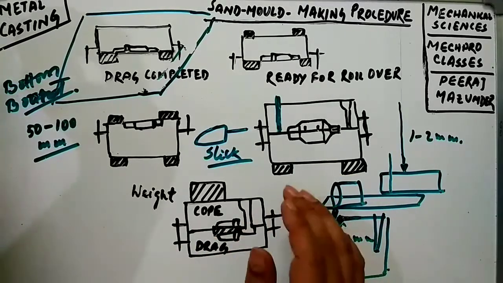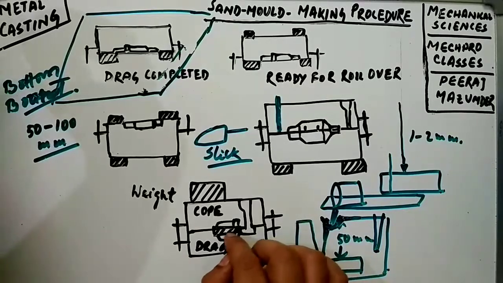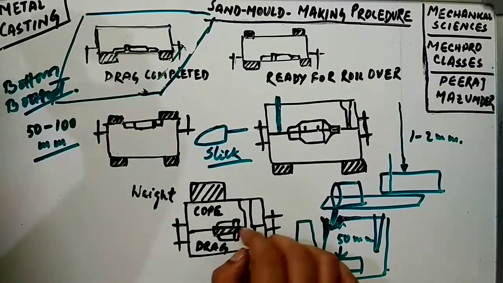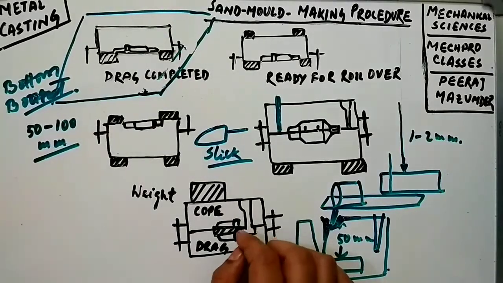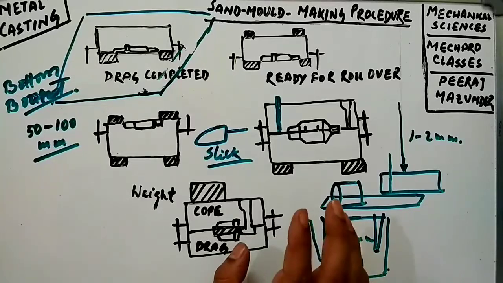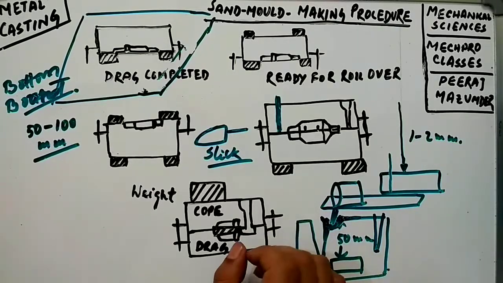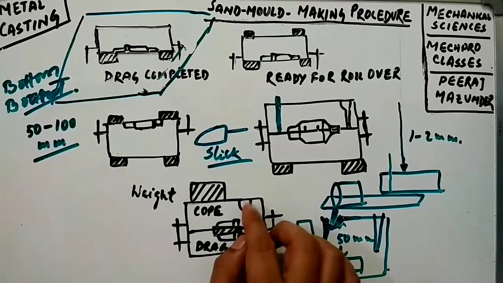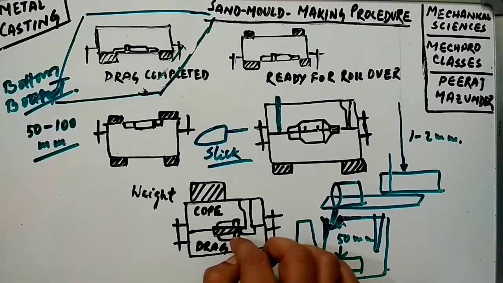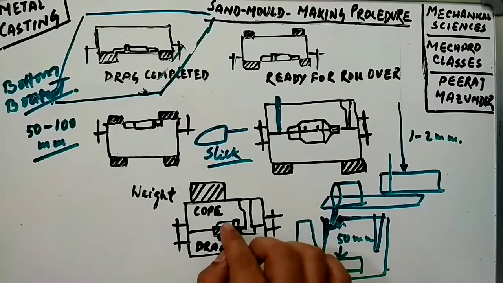Okay, now the runners and the gates. Here will be the runners and the gates. I cannot help you with the diagram here. I can show you the runners and gates in a particular diagram in some next lecture as well. Now next you have to cut the runners and the gates over here in the mold carefully without spoiling the mold. You have to keep in mind you cannot spoil the mold.